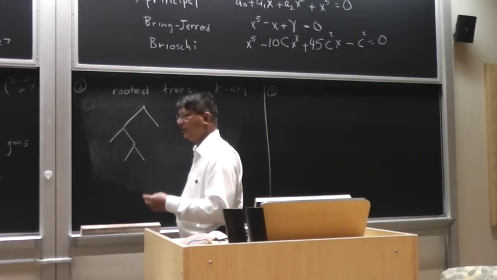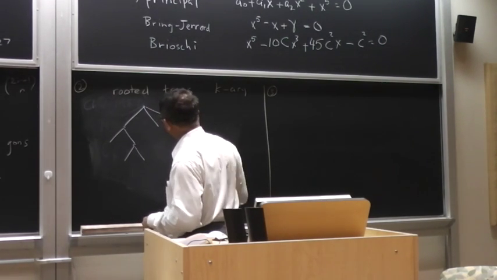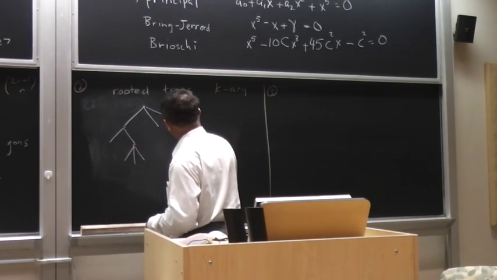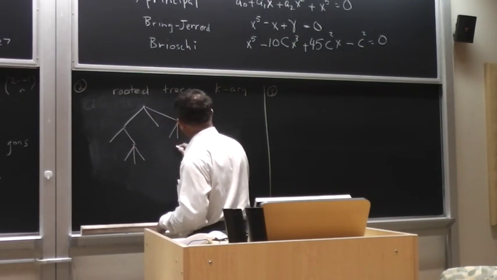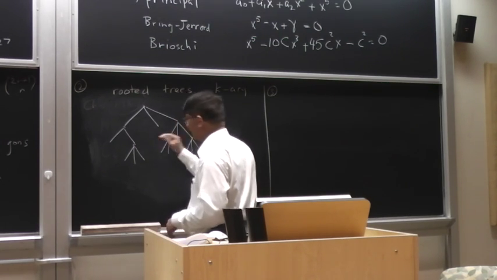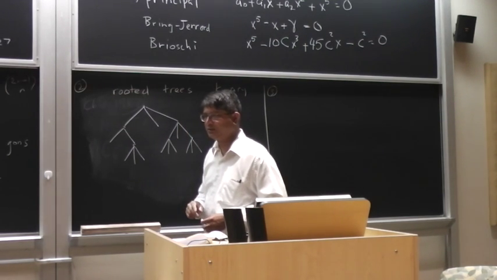So if it's k equals 3, then it will be 3 children, and so then this one will have to have 3 children, and then this one may have 3 children, and this one may have 3 children, and this one may have 0 children. It either has 3 or 0. Anyway, in the case of k equals 2,